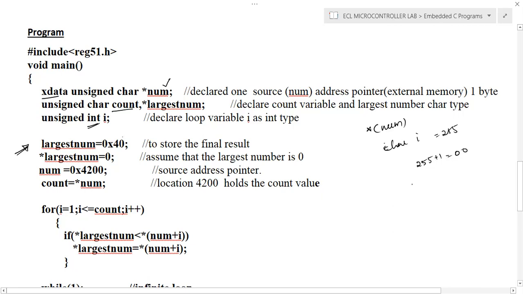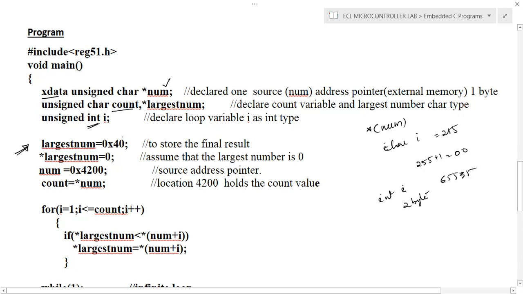In order to avoid that, we use int as the loop control variable. 2 bytes will be allocated, so the maximum we can use is 65535. It's 2 bytes, but usually we don't require that. That's why in some cases we use a character as the loop control variable. In this particular program, I will use the variable I as integer type.